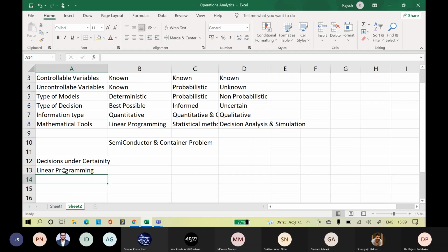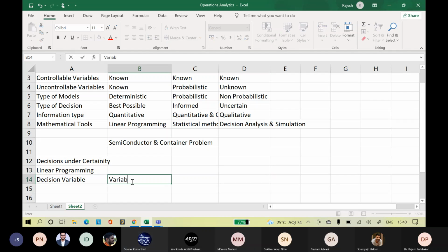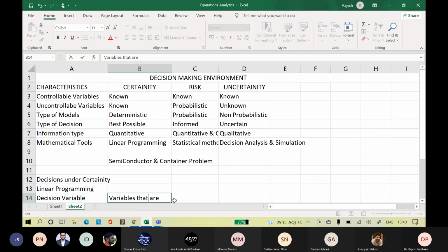So within linear programming, you will hear some keywords like decision variable. What is the decision variable? Can anybody tell me what is the decision variable? The variable which helps in taking decisions. So decision variables are variables that are part of your objective function.